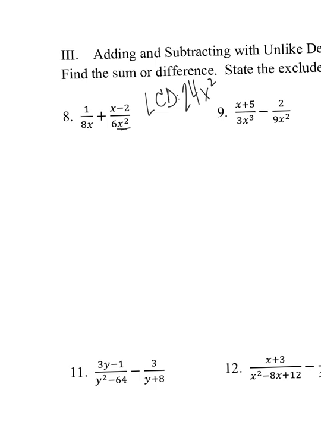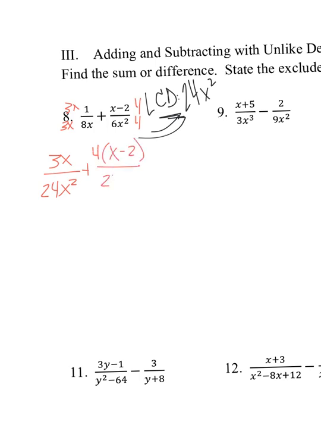Say, what does this one need to make it equal this, and what does this one need to make it equal this? So when I'm looking at the first one, 1 over 8x, it needs a 3x in order for it to be that 24x squared. So I'm going to multiply numerator and denominator by 3x, just like with fractions. So 3x over 3x. The other rational needs just a 4, so I'm going to multiply it by 4 over 4. So here you're going to have 3x over 24x squared plus 4 times the quantity of x minus 2